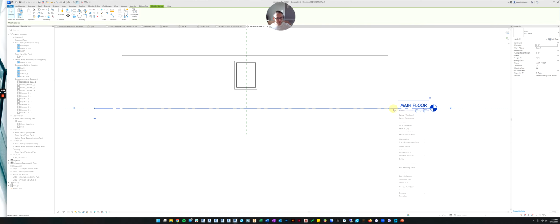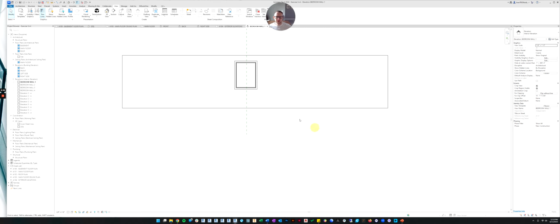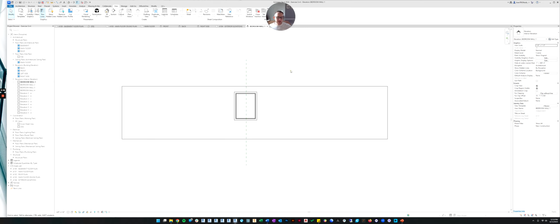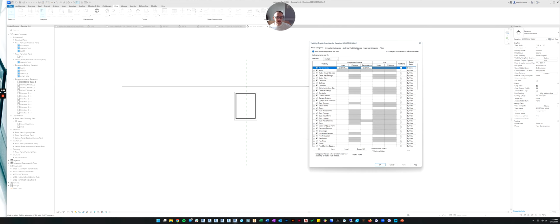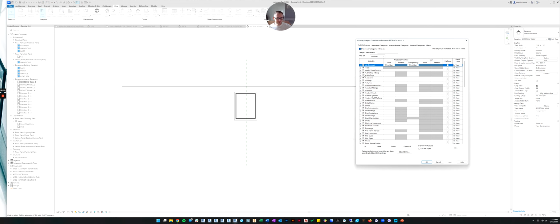So let's right click and let's hide in view. And remember, we do the category because it will hide all of the levels in the view. So let's do category. And let's do the same thing with the reference plane, but this time we'll do it a different way. If you remember, if you click off of everything in the view and you go to the view properties and you hit Visibility Graphics Override, you can open this box.